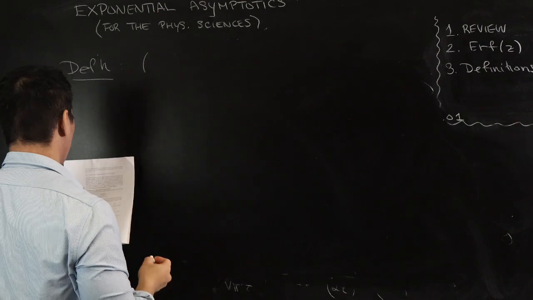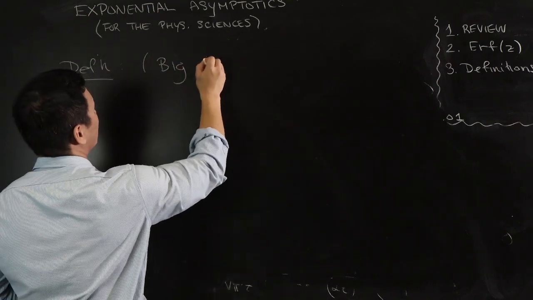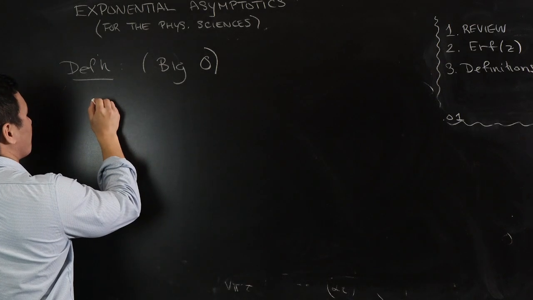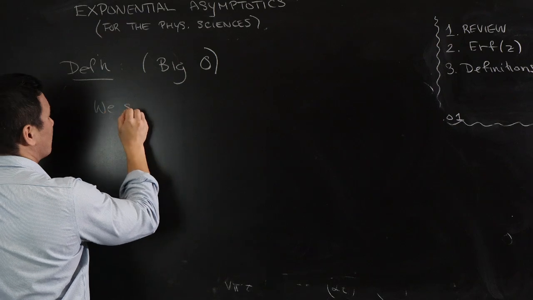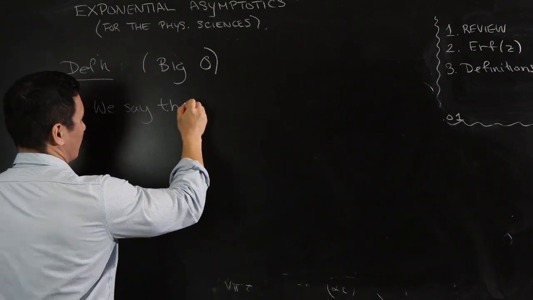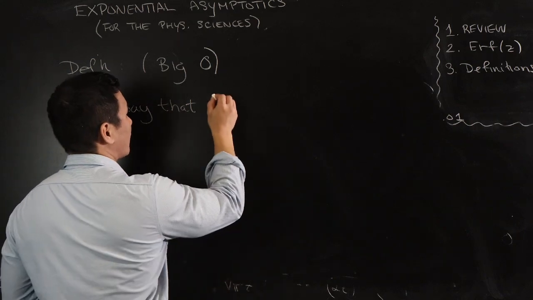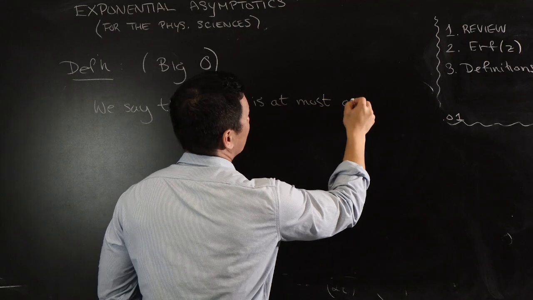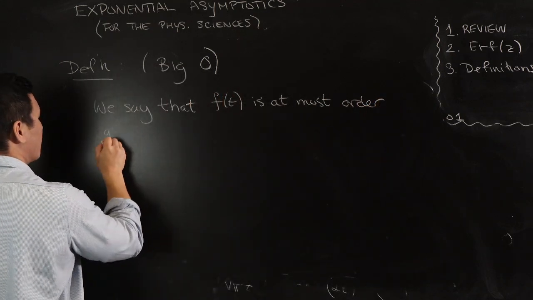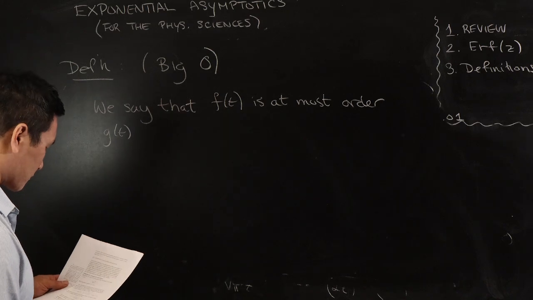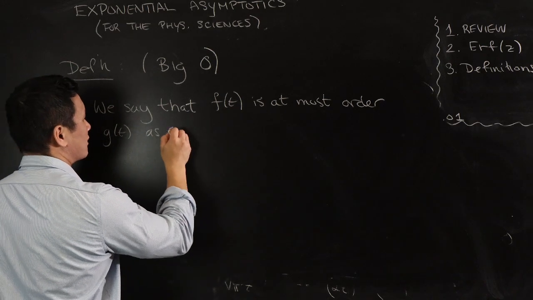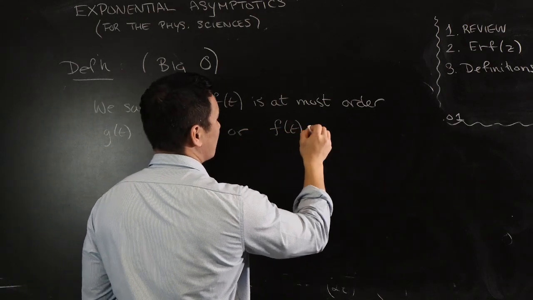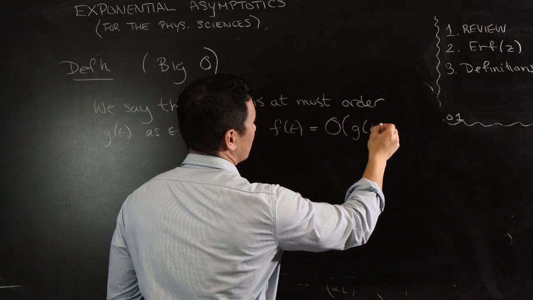The next thing I want to introduce you to is big O notation. We say that f of epsilon is at most order g of epsilon as epsilon tends to 0, or you would write that as f of epsilon is equal to big O of g of epsilon,